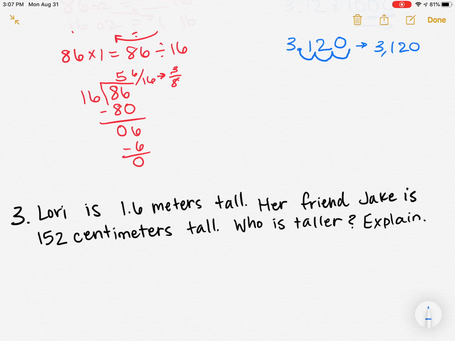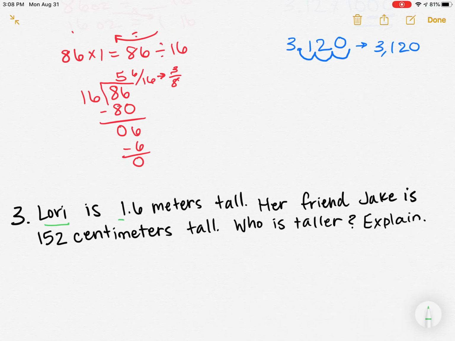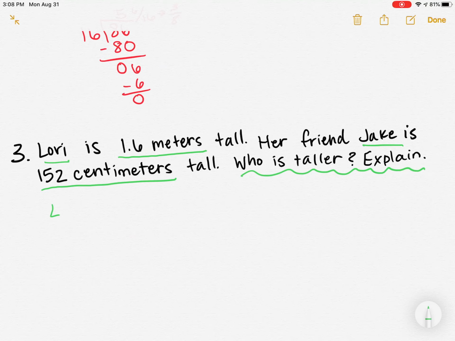All right, last example problem says, Lori is 1.6 meters tall. Her friend Jake is 152 centimeters tall. Who is taller? Explain. First, let's underline the important information. Lori is 1.6 meters tall. Her friend Jake is 152 centimeters tall. Who is taller? Explain. Well, if Lori